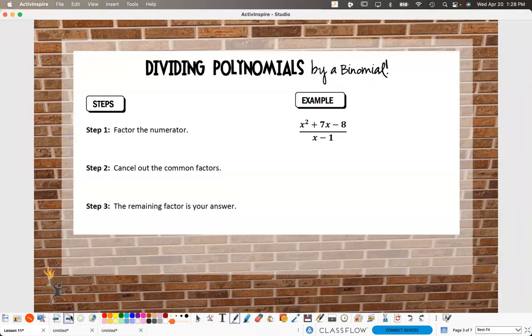The first step, here's my example problem, and I want you guys to do this one with me, is factor the numerator. The reason I picked this one, because it has all 4 types of factoring in the lesson. It's got factoring by GCF, it's got factoring by difference of a square, factoring when the leading coefficient is 1, and factoring when the leading coefficient is greater than 1. So all 4 types we talked about earlier today, all 4 of these are in this lesson and they're all mixed up. So one of the things we're going to make sure we are really good at by the end of class today,